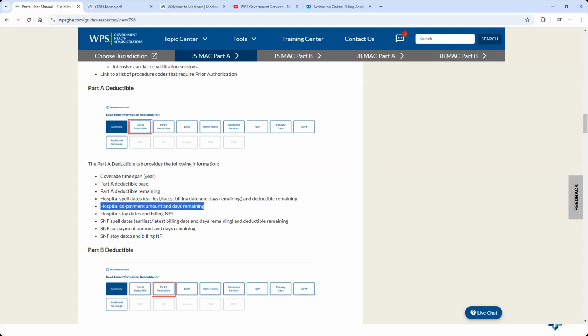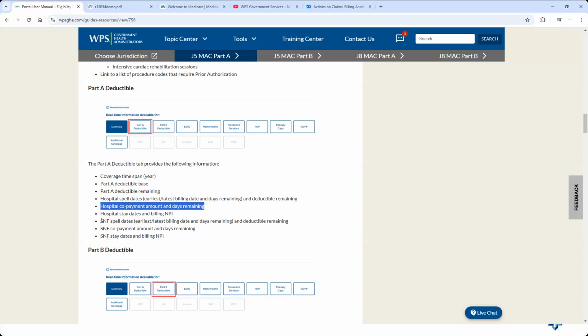Is it the first 60 deductible days that then go to 100% once deductible is met? And then after that, you reach day 61, and then you got 30 days of that 90-day period, which are copay days. And then you reach day 91, where if they elect to use those lifetime reserve days, we got a different set of copayment days. That's what it's talking about with all of these different factors in there.